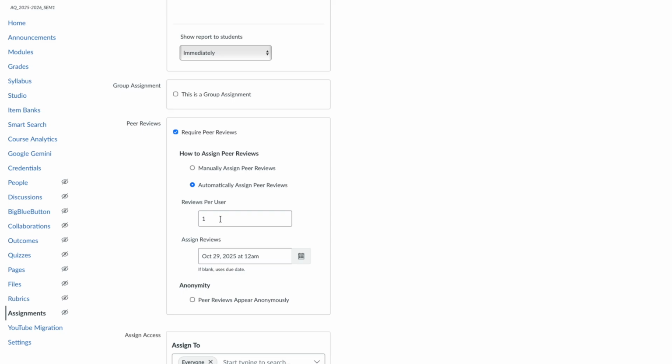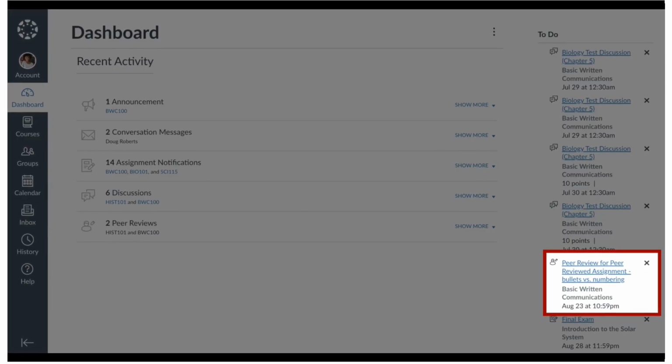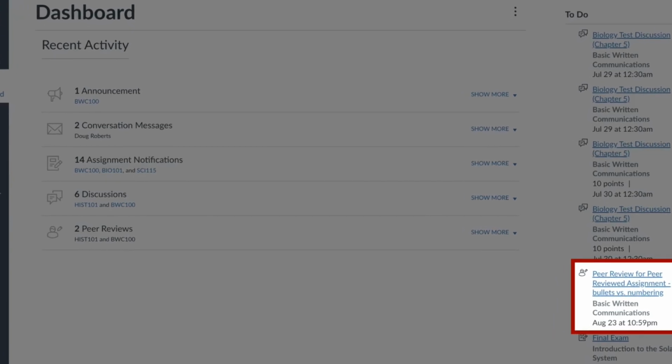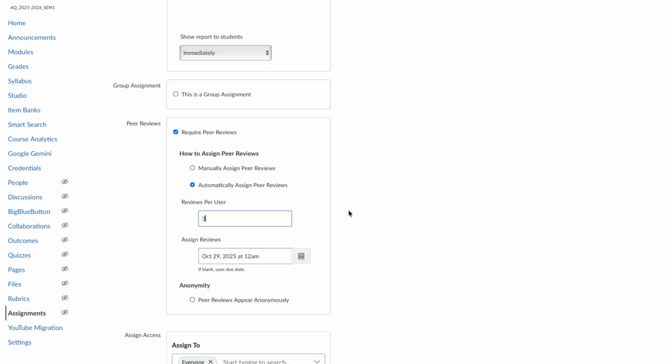I can do as many reviews as I want. Maybe I don't want one. Maybe I want the feedback of 3 students for this one. And then I can also set and assign a date for when the feedback is due. What this will do is, as soon as I hit publish and kids submit things, when that submitted assignment goes through, it will notify the student that it paired it to, and it will come up on their to-do list. And when they click on it, it will bring them to the speed grader,